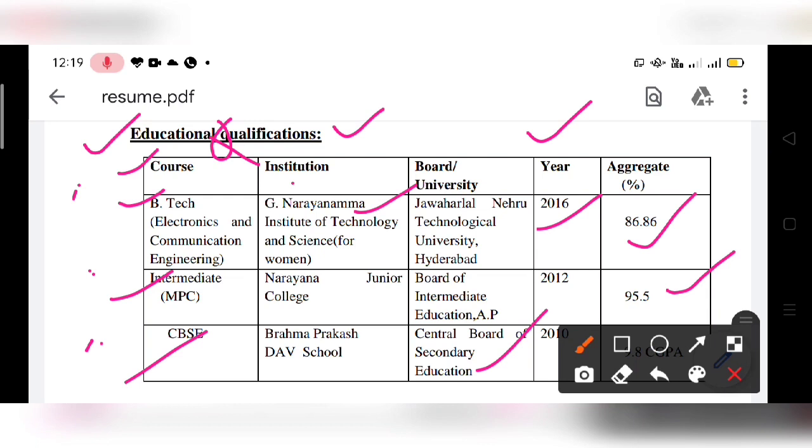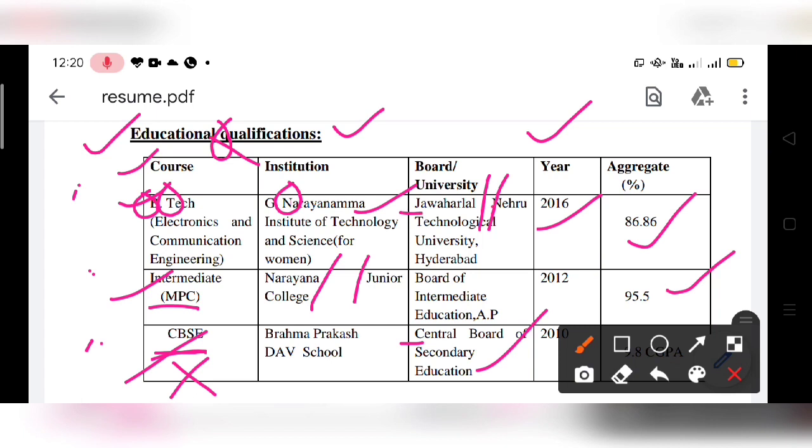Okay, so when you write this here, observe N should be capital, capital B, capital T, right? MPC capital, CBSE 10th. You need to write 10th CBSE, and then here some space is wasted. Just look at that space, right? And here also some space is wasted. So all the content words, the main words should be starting with a capital letter.